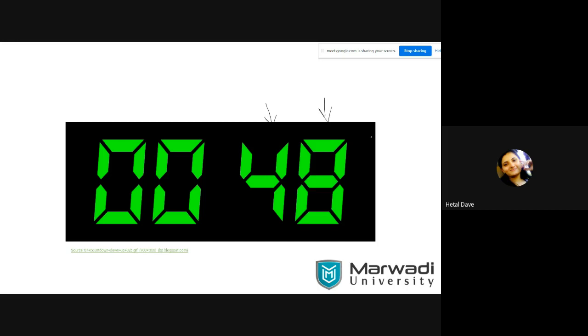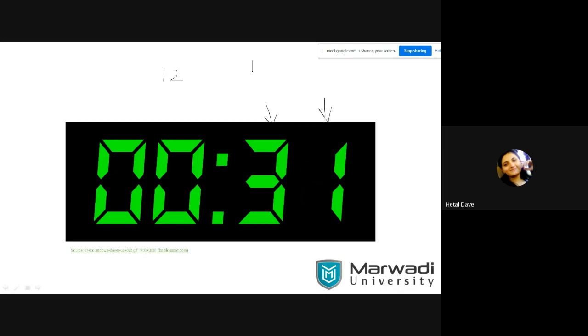We want a pattern that will make this LED either on or off. So let's say I want to display 12 here. It is right now continuously changing, so I can't take any one example, but let's say I want to display 12. What will be the binary pattern as per our decimal to binary? 1100. If I send 1100 here, then nothing would be displayed.